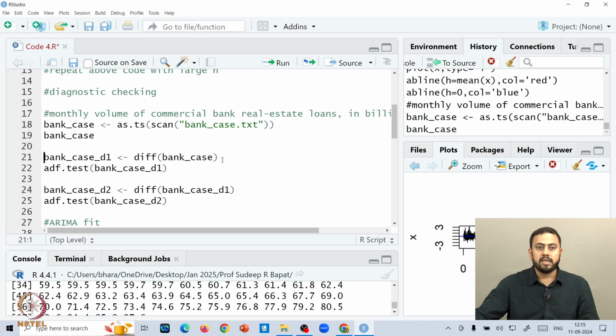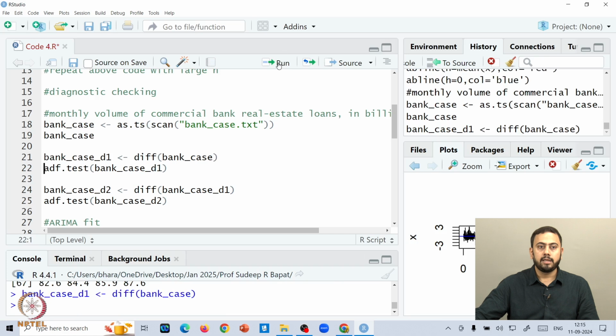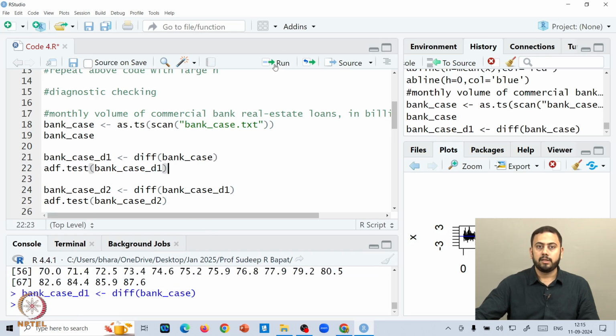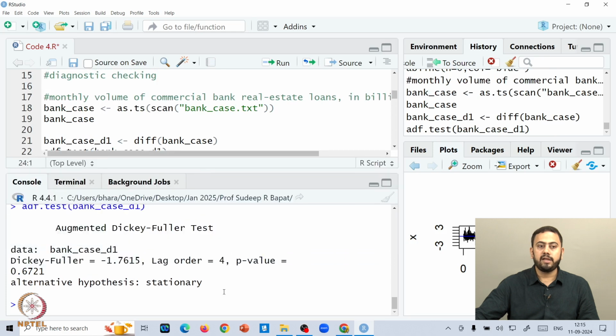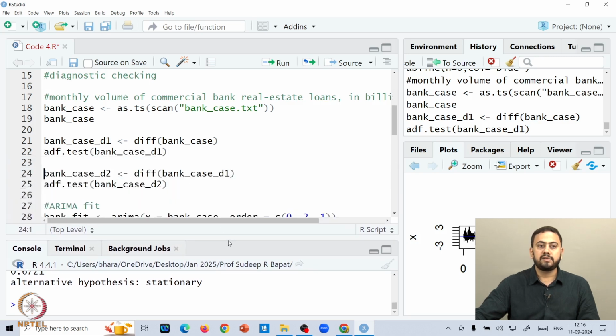Okay. So again, I'll show you why that was the case. Let's say you difference the data once, run this line, and then run this ADF test. ADF is augmented Dickey-Fuller, which is used to test for stationarity. If you run this ADF test on the first difference, what do you get? You get that the p value is larger than alpha. If the p value is larger than alpha, we fail to reject the null. So we have to go with the null hypothesis, and for any ADF test, the null hypothesis is that the model is not stationary. Which concludes that the first difference is still not stationary.